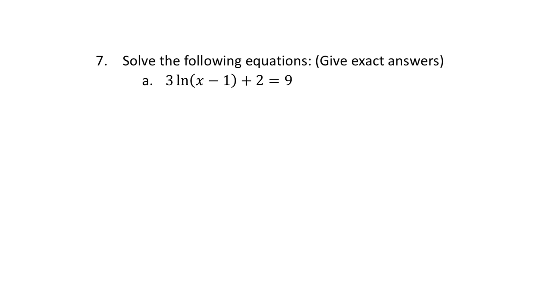Now we're into unit 3, exponentials and logarithms. For part A, we're solving an exponential. No, this is solving a logarithmic equation. So we're trying to get this natural log function all by itself so we can get rid of the natural log using a base e. But before we do that, we have to get rid of the plus 2 first, and then we have to divide by 3. So if we subtract 2, then divide by 3,